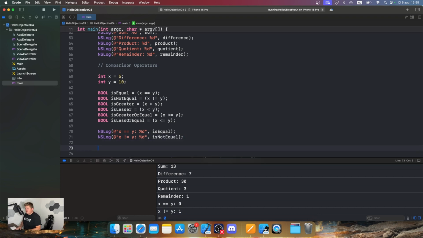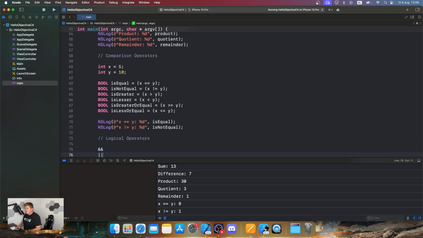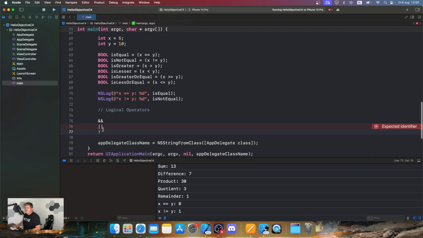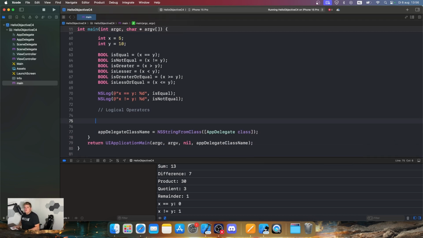We also have something else, and that's going to be the logical operator. So logical operators are actually used to combine multiple conditions. So the common logical operators are the AND, the OR, and the NOT in Objective-C. So how can we actually implement this? So what we can do, we can actually say